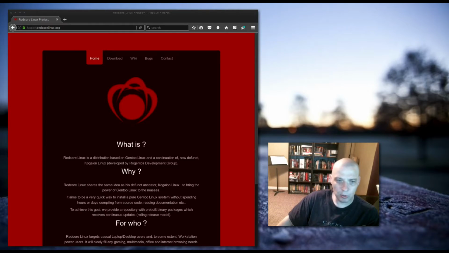Hey guys, today I'm going to be reviewing a Linux distribution that I really don't know anything about. I just recently came across it on the distrowatch.com page and I thought, hey, why not? That Linux distribution is Redcore Linux. Redcore Linux is Gentoo-based, and I love Gentoo, so I really like installing Gentoo-based distros to see what they're about, because